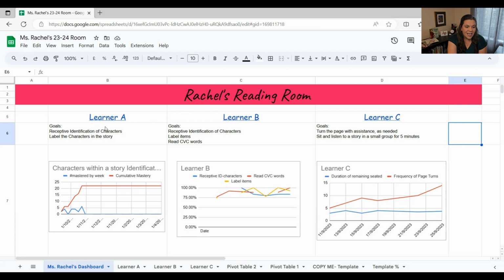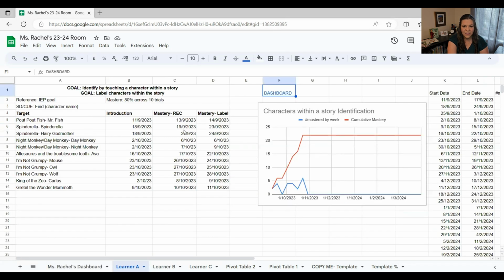So learner A, their goals are receptive identification of characters and labeling characters within a story. If I go into their page, it's got their goal, their reference, what their mastery criteria is, what my cues are if I need it, and the targets, their introduction date, their receptive identification mastery date, as well as their labeling mastery date. So if I wanted to add another story, so let's say we did Pete the Cat,